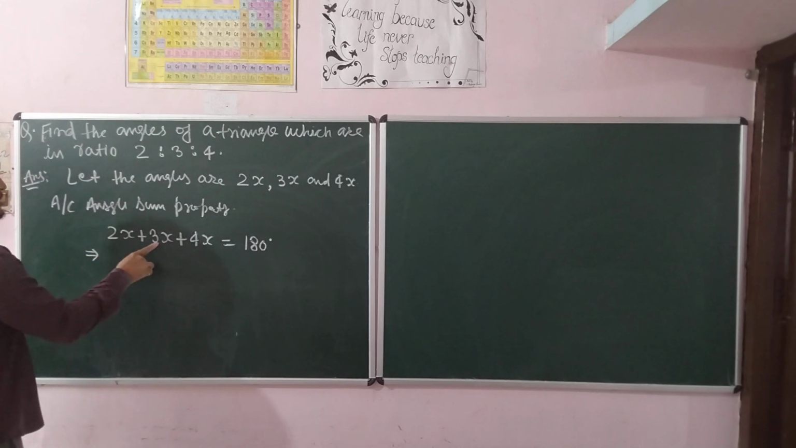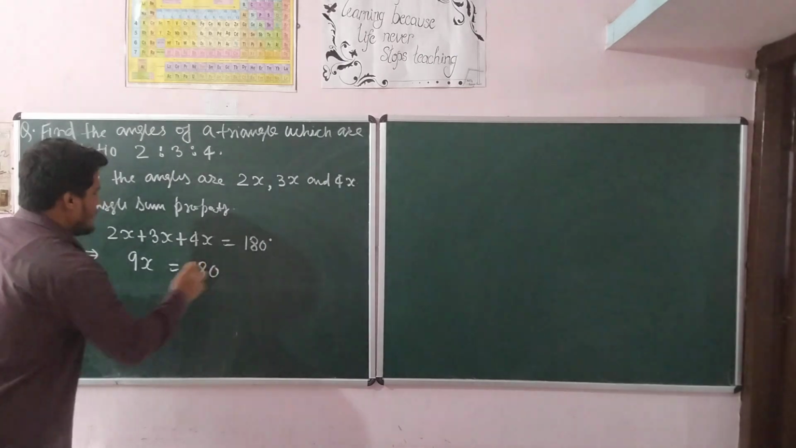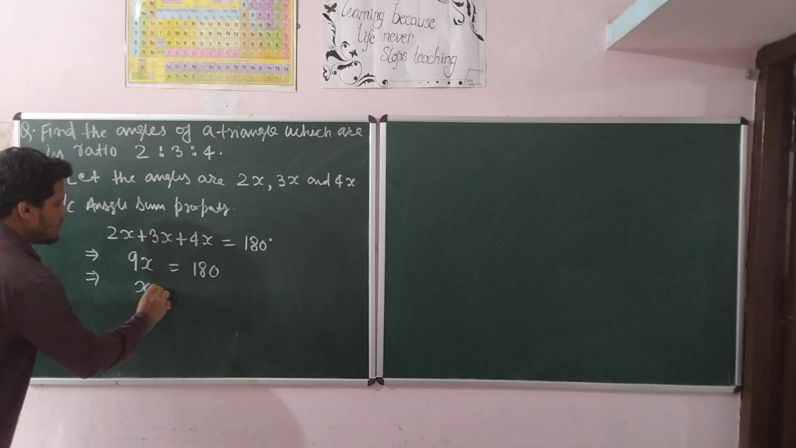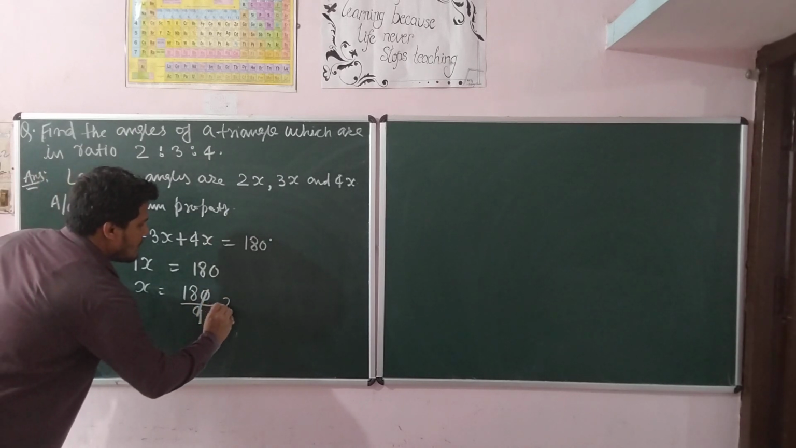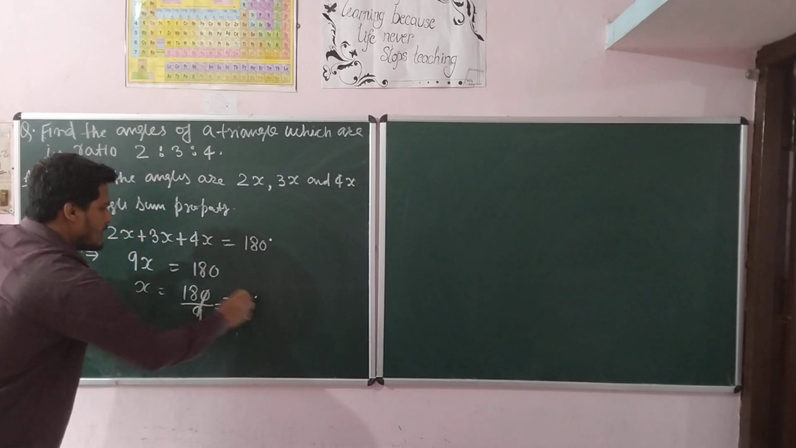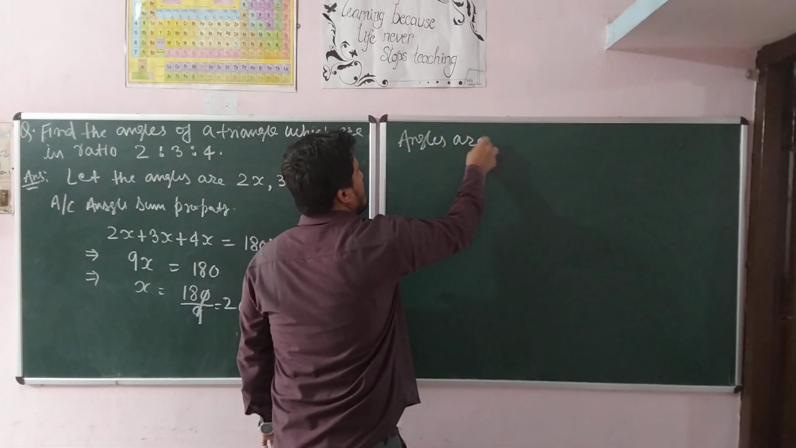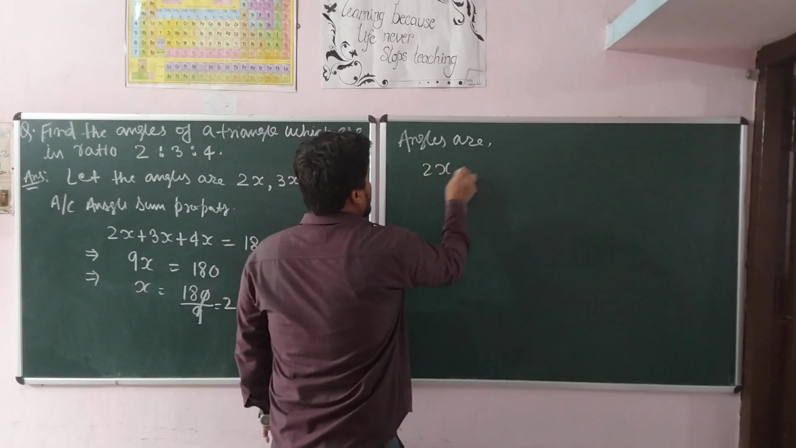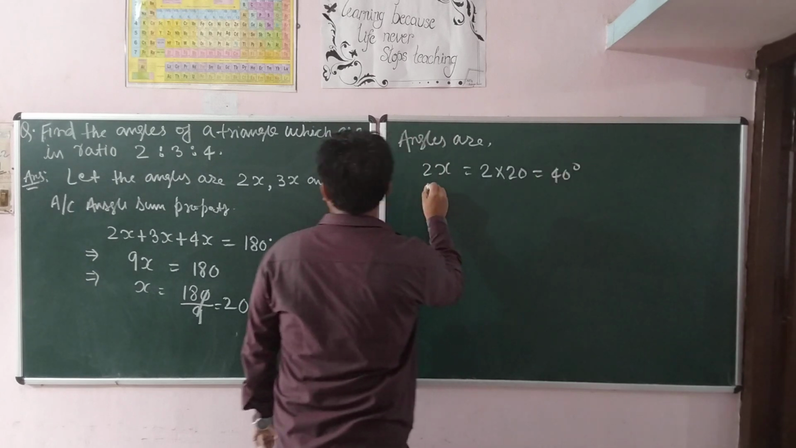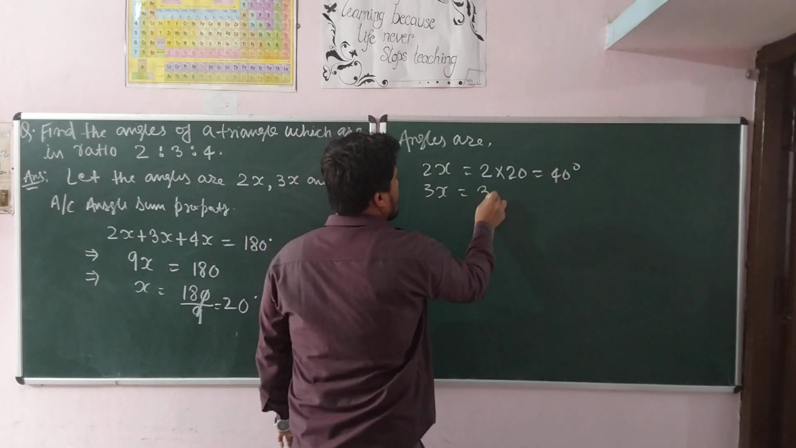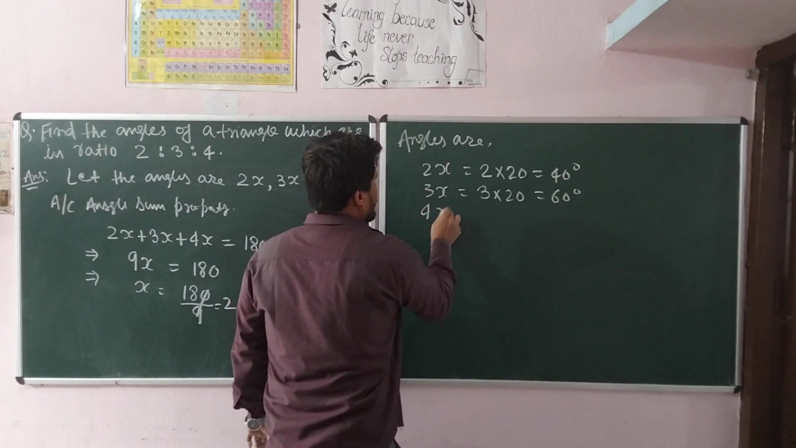Now 2 plus 3 plus 4 is 9, so 9x is equal to 180 degrees. Now x is equal to 180 divided by 9, that is 20. Now the angles are 2x, that is 2 into 20, equal to 40 degrees. 3x, 3 into 20, that is equal to 60 degrees. 4x,